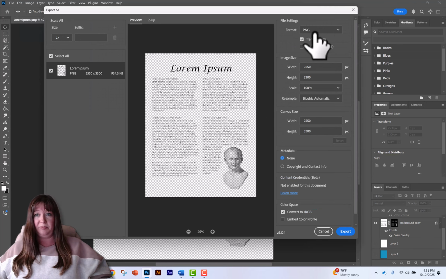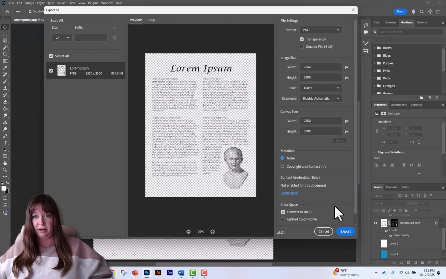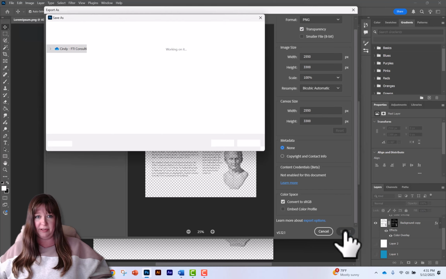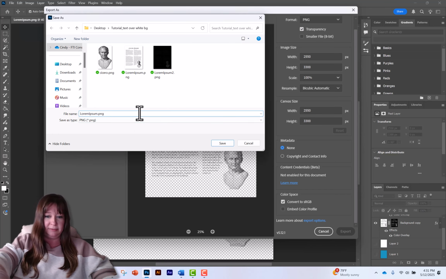as PNG, and there's a lot of settings in here that you can play with or learn more about. I'm just going to keep this on bicubic automatic for now and keep the settings the way they are. If you adjust the size, you can see over here that it'll change the file size. But for this case, I'm just going to leave everything the way it is. And we will export the final file